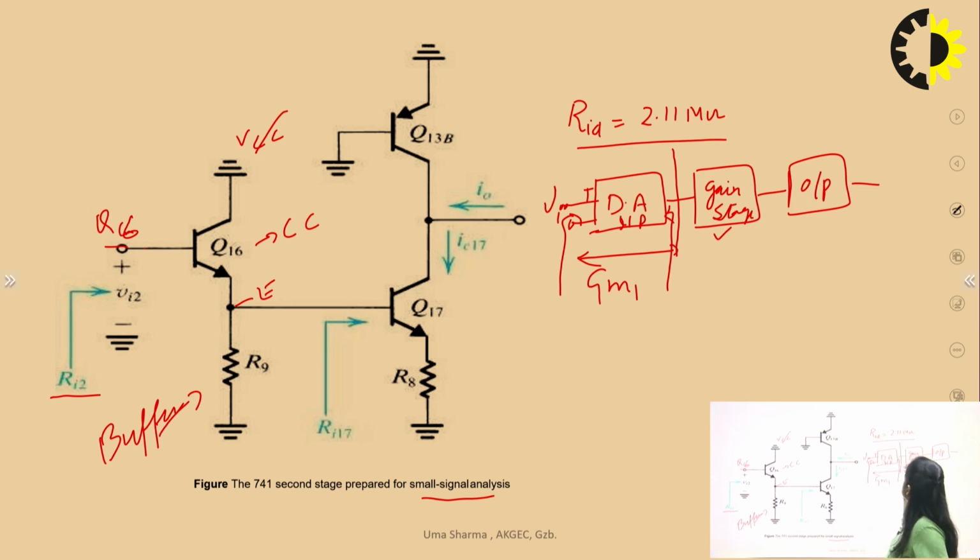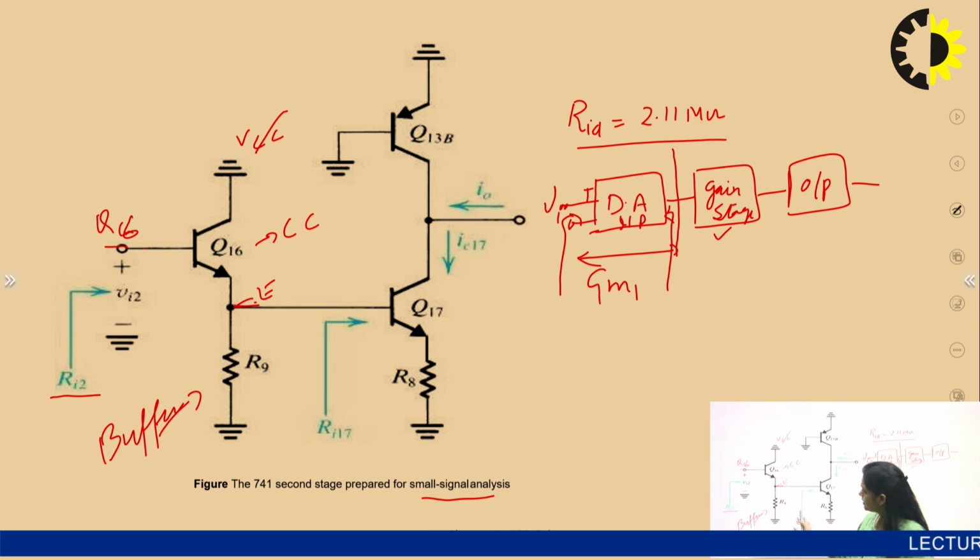So wherever cascading is used in any system, it definitely requires cascading multiple stages using the buffer concept. The buffer is basically used here for matching the impedance, so the loading effect can be minimized. At this terminal, the output node, which is the emitter in case of Q16, is connected at the base of the Q17 transistor, and this Q17 is the output transistor for this stage.